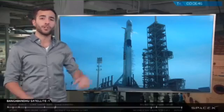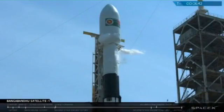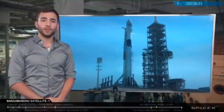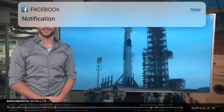Fairing, inside which is Bangabandhu Satellite-1, the first Bangladeshi geostationary communication satellite for the country of Bangladesh. The satellite was built by Thales Alenia Space of France and covers a wide variety of broadcast and telecommunication applications, including satellite television, internet access, and emergency communication services, and of course much more. The satellite will be operated by the Bangladesh Telecommunication Regulatory Commission, or BTRC, and is expected to last approximately 15